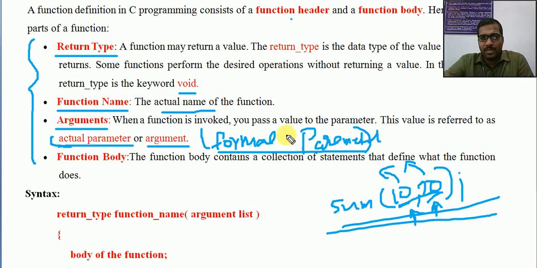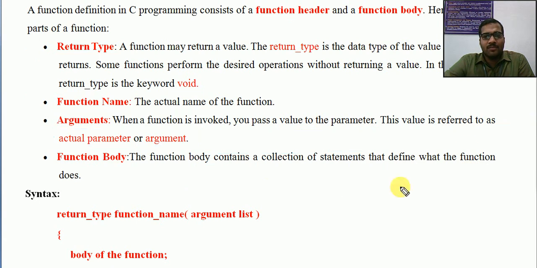So here we should have some general format for receiving all such values. Okay, again when we look at the examples, we will see exactly what is happening between the formal parameters and actual parameters.